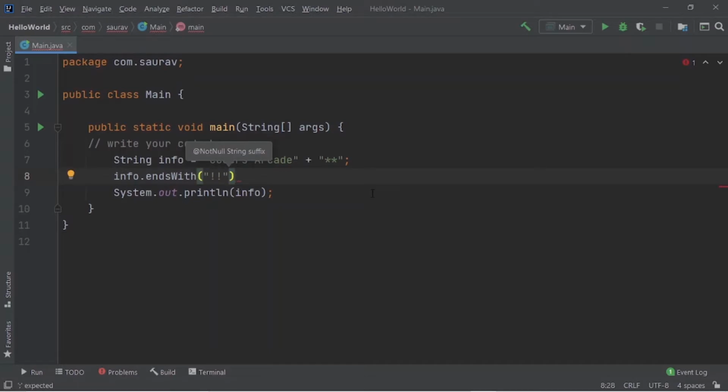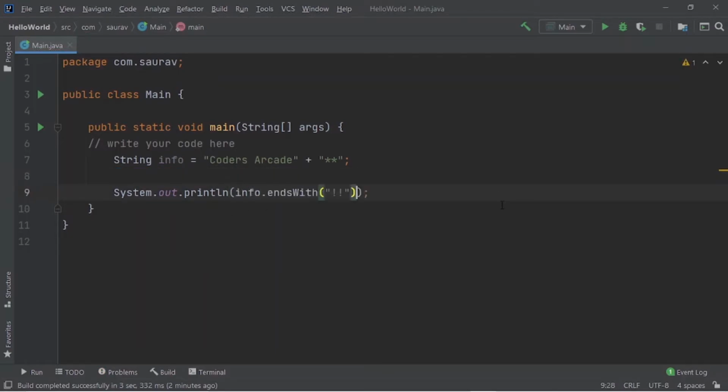Let me show you something. Instead of printing this info variable here, I will print this operation. So I will delete this and print it here. What I am trying to check is whether our info variable ends with two exclamation marks. Let me run this.